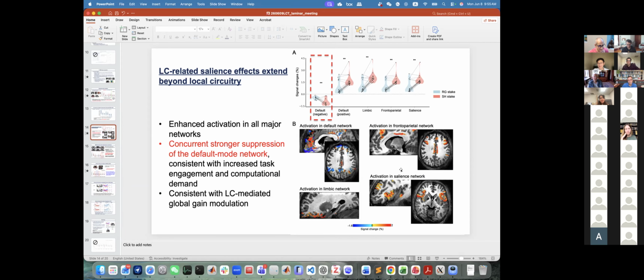Atina asked the question that seems to hound us whenever we submit anything layer related, which is, okay, show me the same subject again and again and again. So that's always a challenge, I think. And that's very hard with your task because these higher order cognitive tasks have adaptations and learning and things like that. So it's not so easy, but it is kind of essential, I think, to do something like that, to convince neuroscience reviewers particularly that this is real.